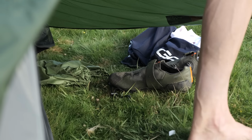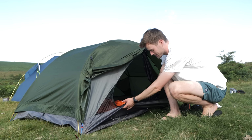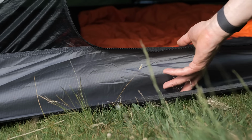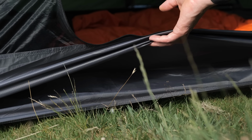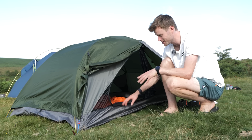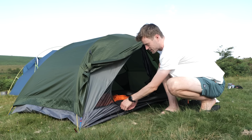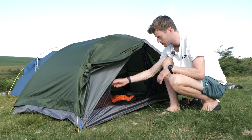For any tent you're considering, I'd really recommend getting a footprint for the base. So this is basically a separate sheet of material which you then build your tent on. It provides an additional layer of waterproofing to the ground, and it also really helps to protect your tent on slightly rougher surfaces. It will prolong the life of your tent, because once this wears out you can easily replace it,